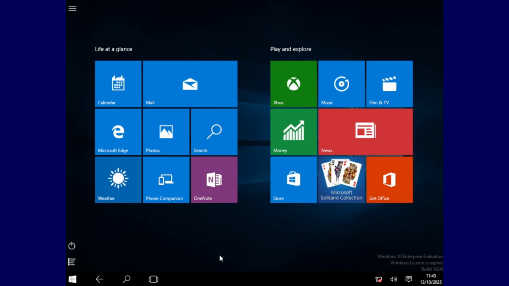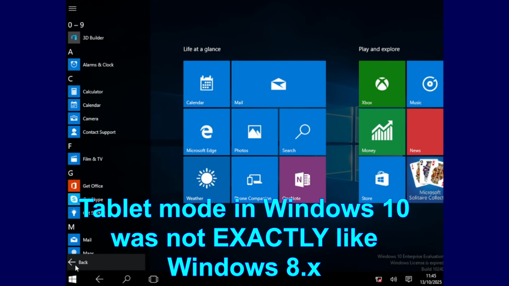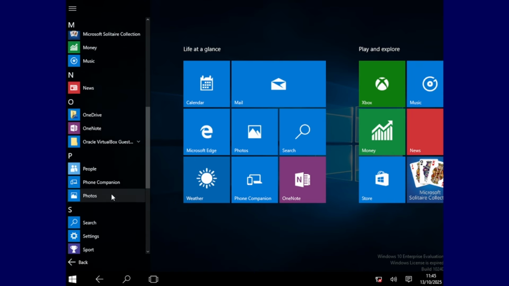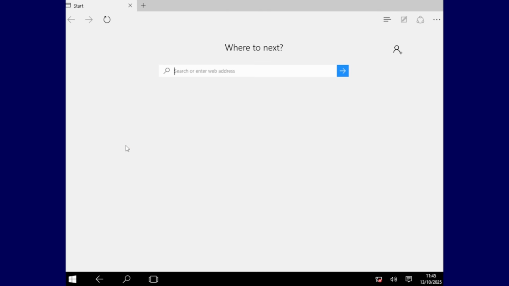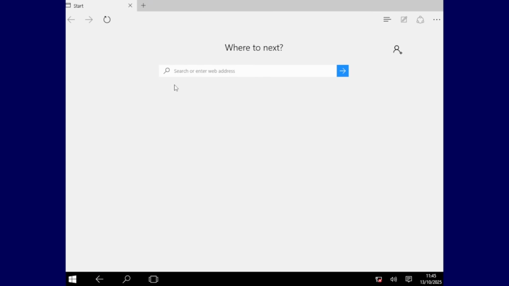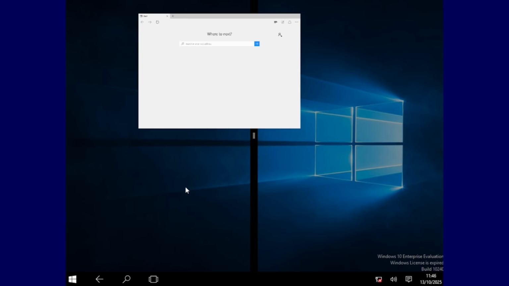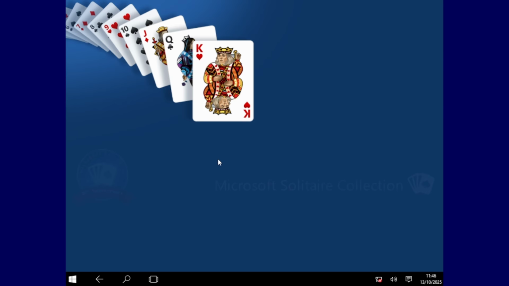So here we are, and this is tablet mode. And as you can possibly see, it looks more like Windows 8. Now, yep, you can still access all your apps. Those apps that support it will then turn into full screen apps, such as Microsoft Edge, or you've got your Solitaire Collection.